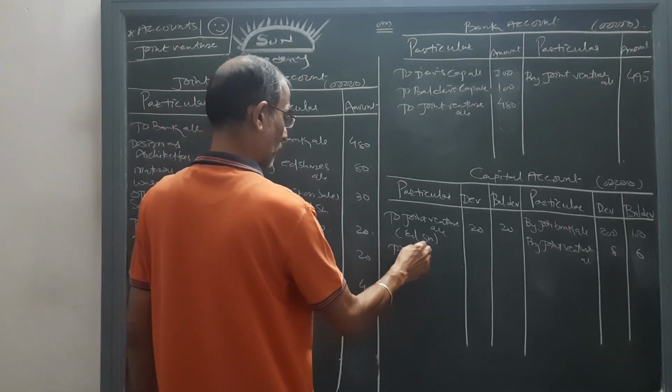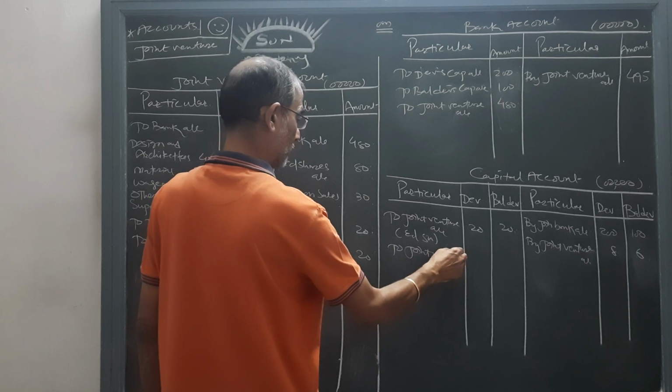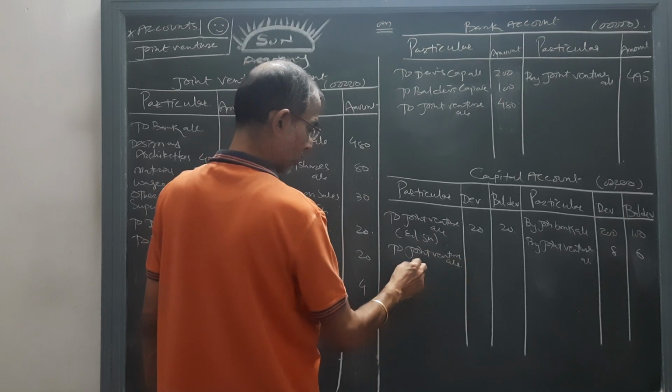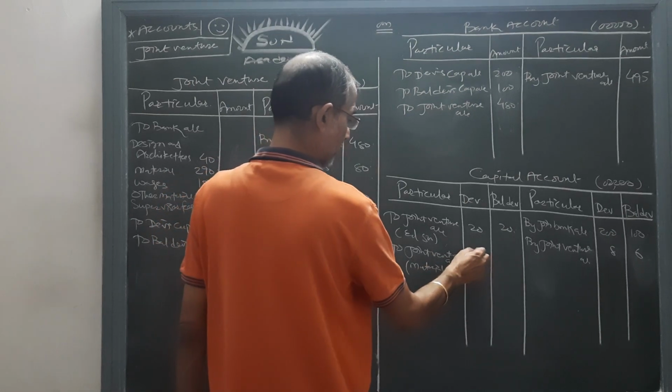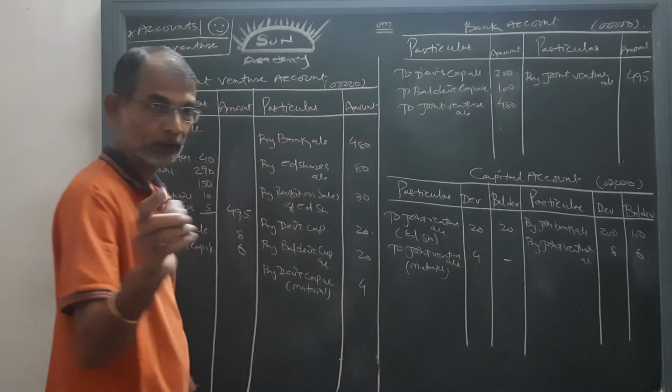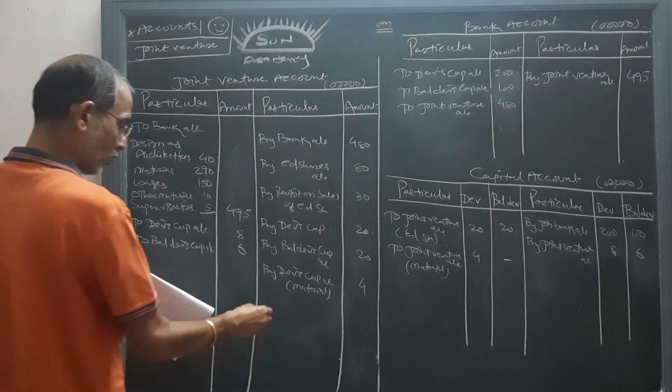So to joint venture account, material on debit side of the capital account, while on the credit side of the joint venture account, by